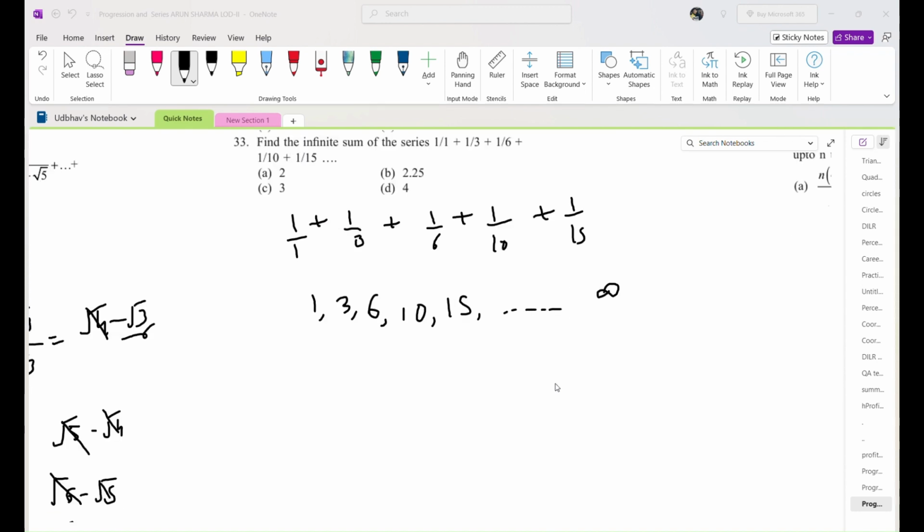How can we write these terms? n(n+1)/2. This is the first term. If we put n equals 1 here, we get 1. If we put n equals 2, we get 3. If we put n equals 3, we get 6. This is just like